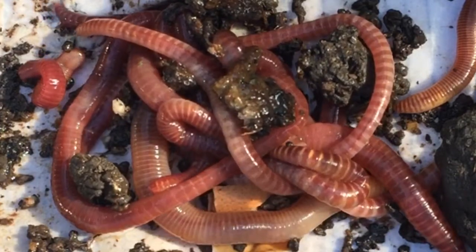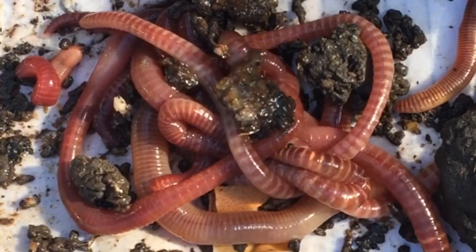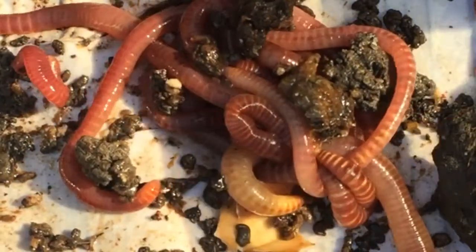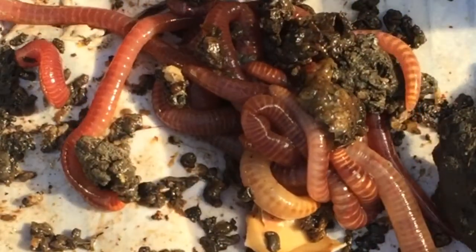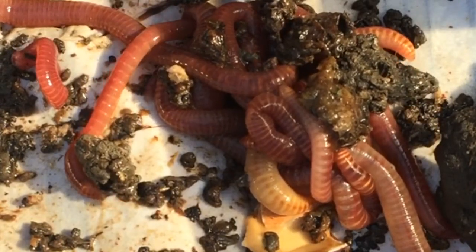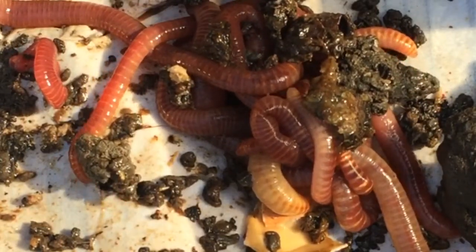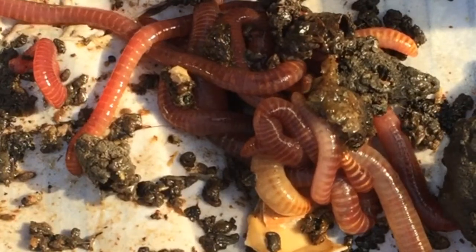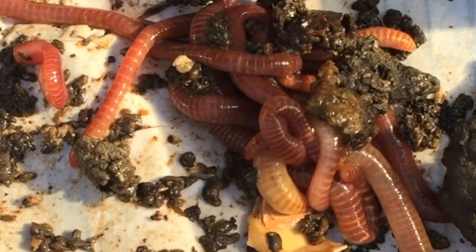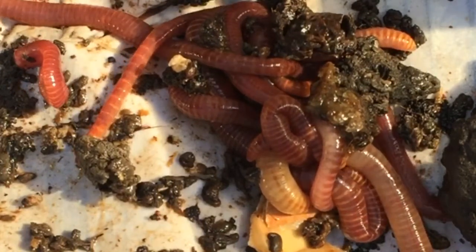If you were to take one and put it on a piece of paper for a short time, in a quiet room, you'd be able to hear them moving, because they've got small bristles on their body which help them move in one direction. It gives them that friction, but also when they're going underground, it helps them move downwards and forwards. And also if a bird tries to grab them by the tail to eat them, pull them out of the